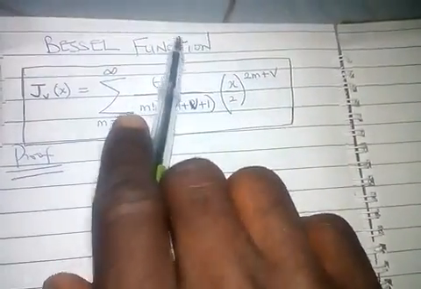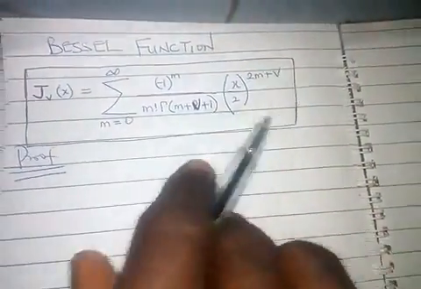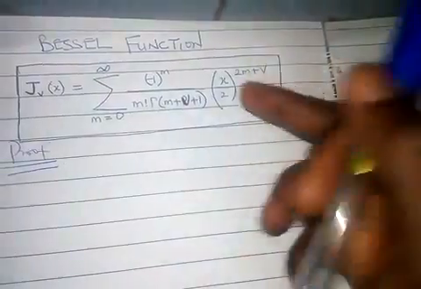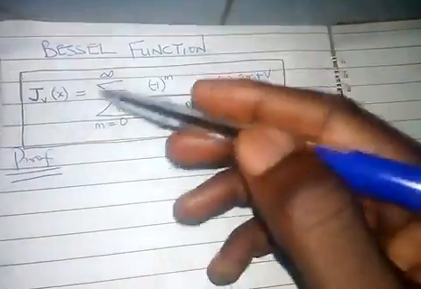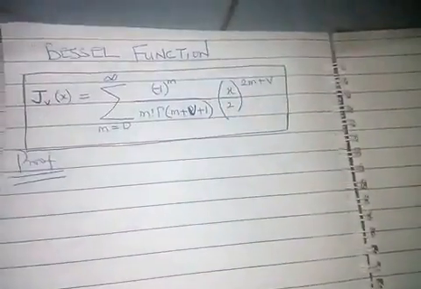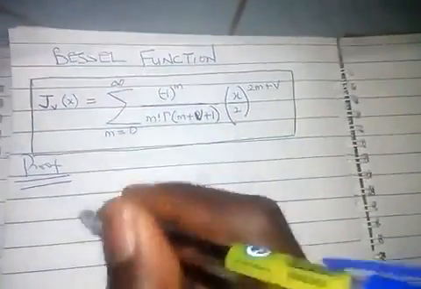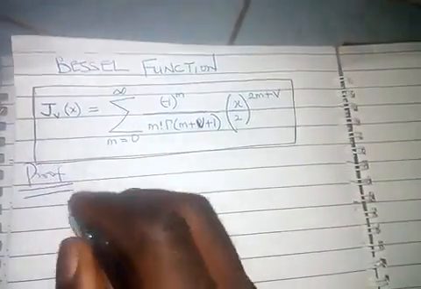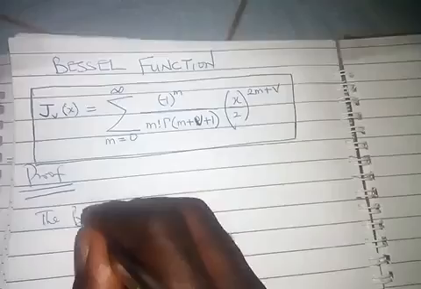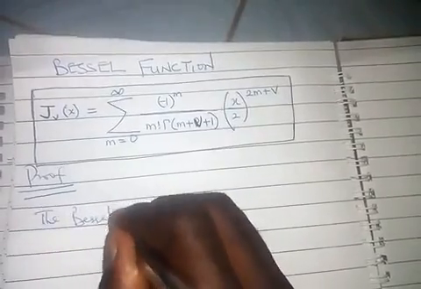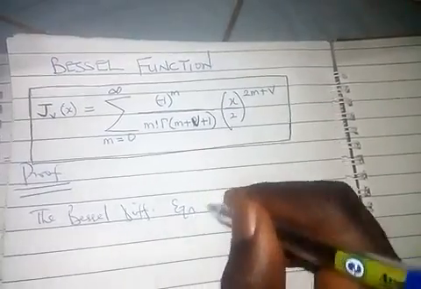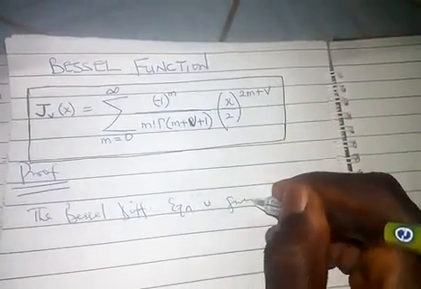Bessel function. This huge formula here is called the Bessel function of order v. So let's prove. To start the proof, we first of all state the Bessel differential equation, which is giving us